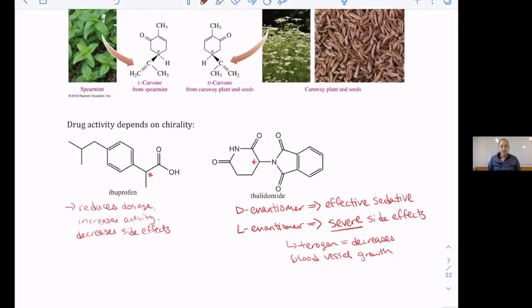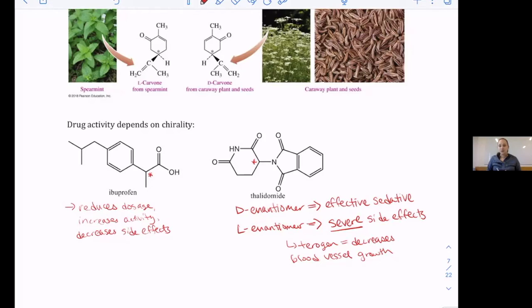So women who took this as a drug to help their morning sickness had babies with severe birth defects. So the most common birth defect, and what it's most known for, is there were a large number of babies who were born without some of their limbs. There's also some, I read about some eye deficiencies and stuff like that, but the most common was that